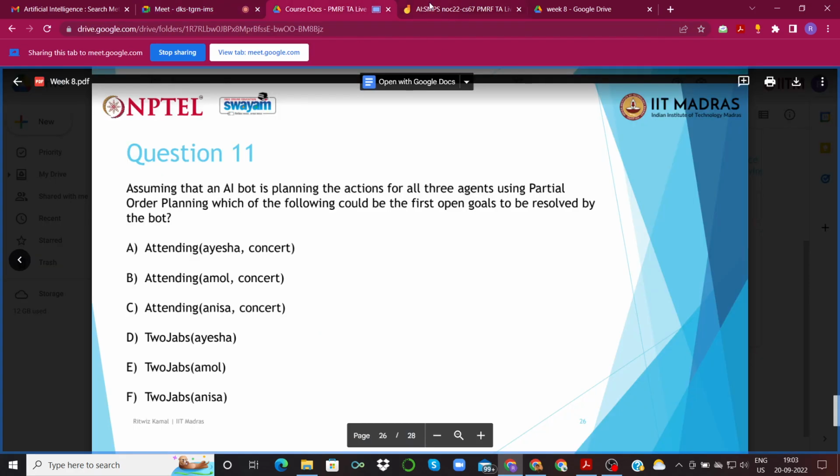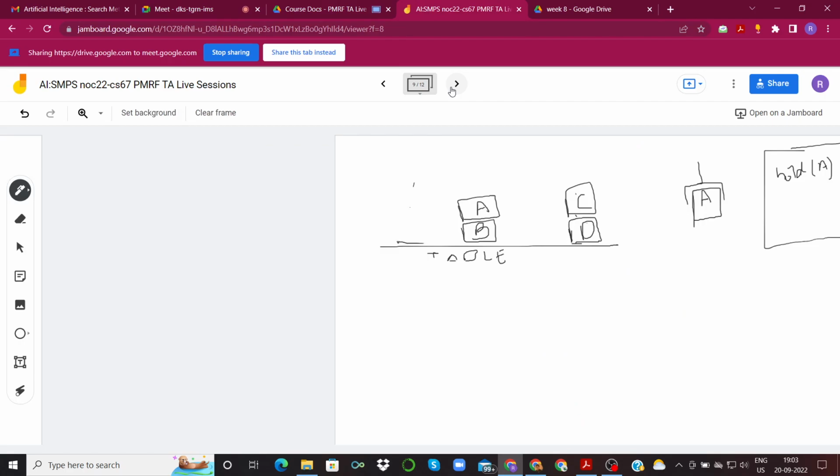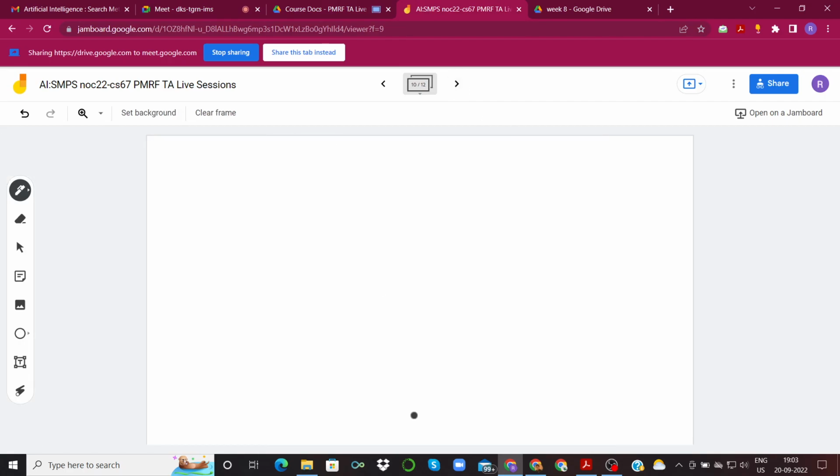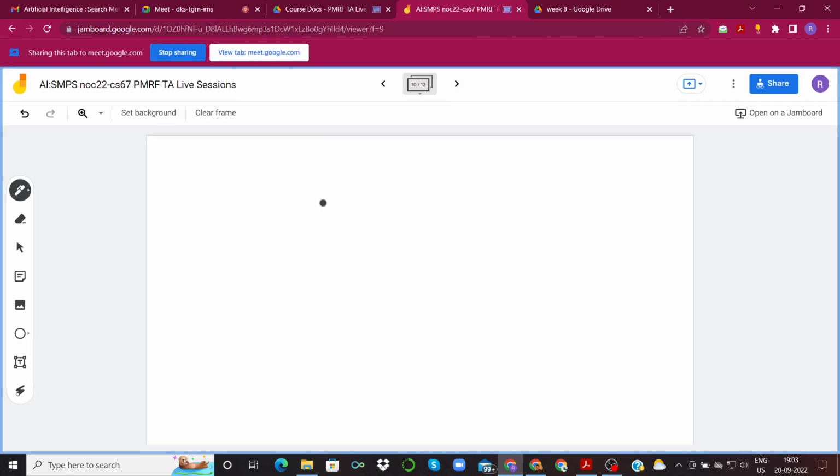Okay, so till now what we were doing is we were moving from one state to another given an initial state, right? Now what partial order planning does is it considers partial plans. So straight away partial plans it considers, so sequences of actions, not moving from one state to another. And the way it proceeds,